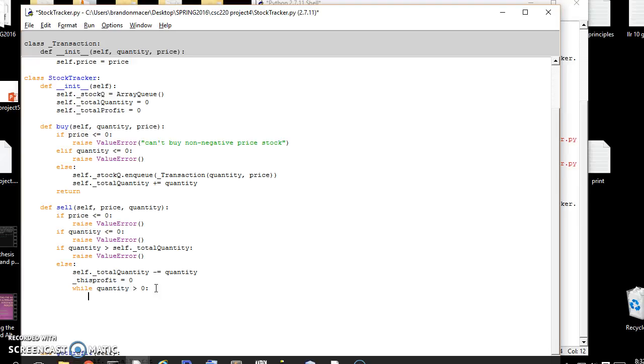That means while we have stock still to sell, we have a question to ask, and that is, are we going to sell more than just the stocks from the first item in the queue, or are we going to sell only from the first item in the queue? And this question is going to be asked over and over again until it is only the first one. And the way we're going to ask it is